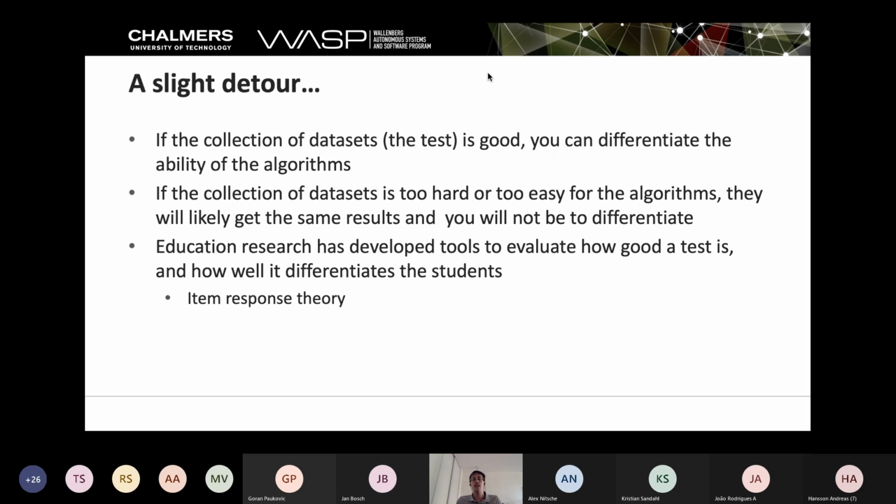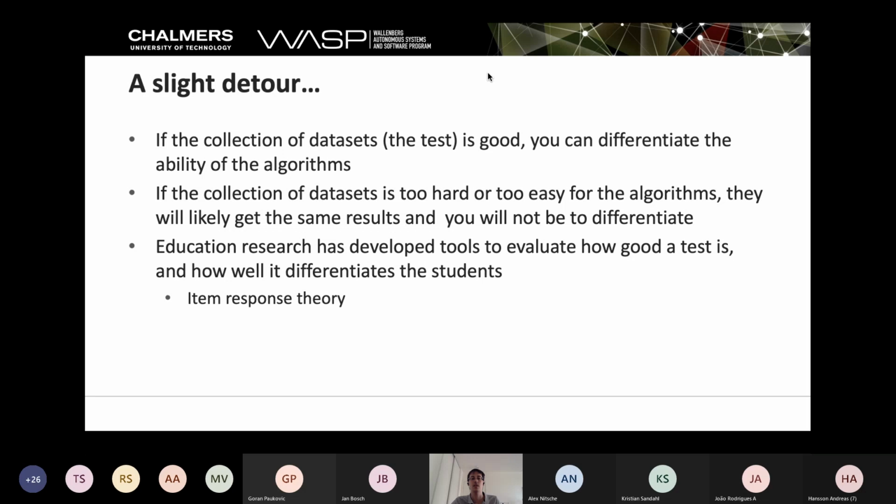If the collection of data sets is good, you will be able to differentiate the algorithms. And the same thing, if the data sets are too hard or too easy, you will not be able to differentiate. And education research has actually been quite active in the past 100 years to develop tools and ways to assess that. And one of them, the one that we are using in this presentation, is what is called